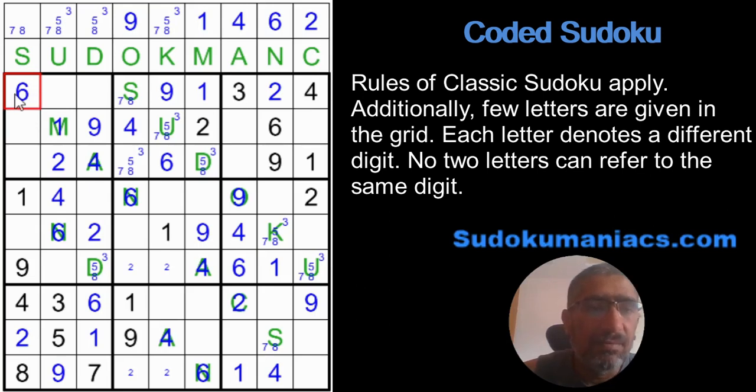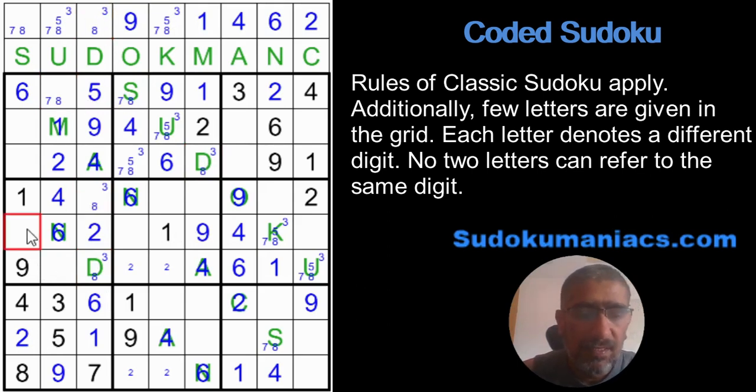Now the missing 3 numbers in row 1 are 5, 7, and 8. So with a 5 here, this also has to be a 7, correct? Which makes it a pair of 7, 8 here. So this has to be a 5. I can eliminate the 5 from D as well, which makes it a 3, 8 pair.